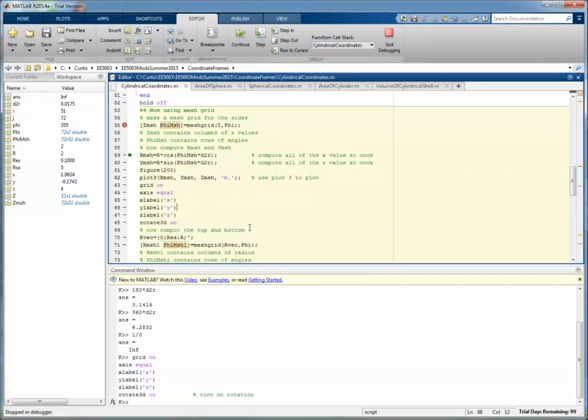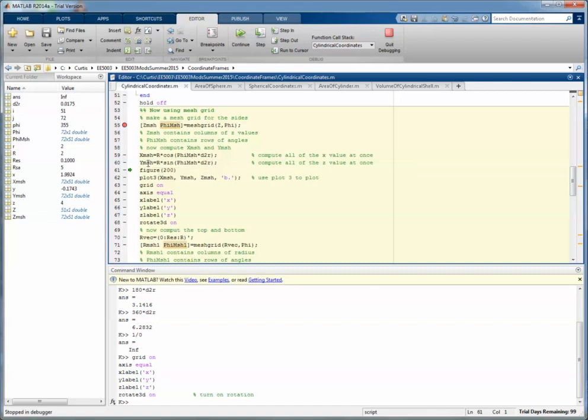And so while that may look a little more complicated, look what I can do now. I can take the r value, multiply it by the cosine of this mesh, and this will do it element by element. And so with one click, I've actually calculated the entire array of 72 by 51 points, at least the x value for those points in one statement. And then here are all the y values. So here are all the points, the x and the y values for all of the points in